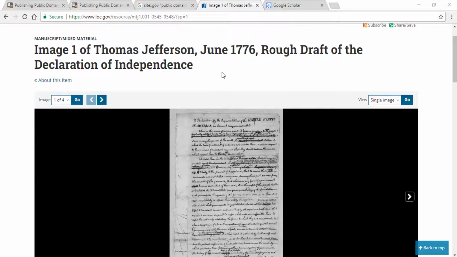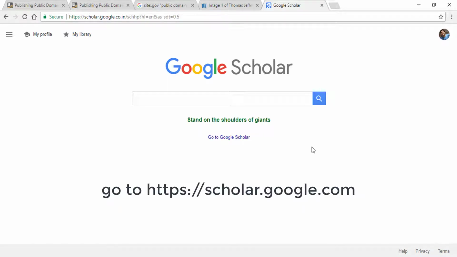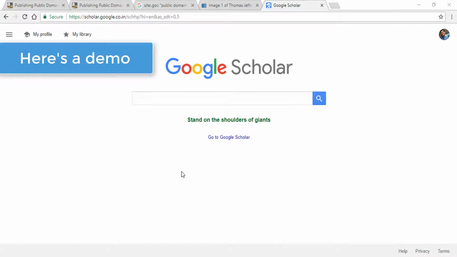You could use similar searches using these search parameters, and you can just improvise with your own by looking into more search parameters or prefixes from Google. There are other resources from Google like the Google Scholar website, where we can further refine our searches using their advanced search options to find scholarly articles that are in the public domain. Let me show you a demo of how to search that.